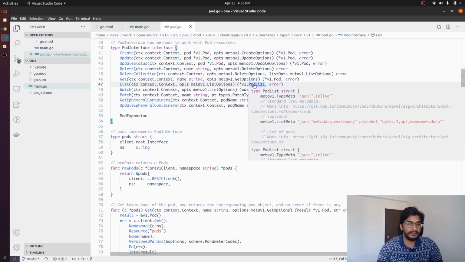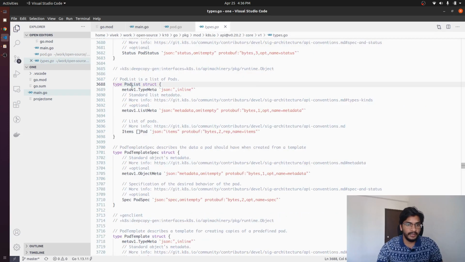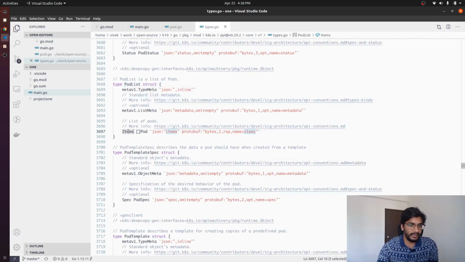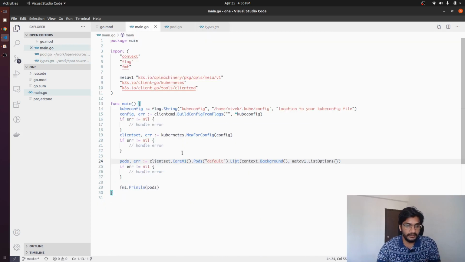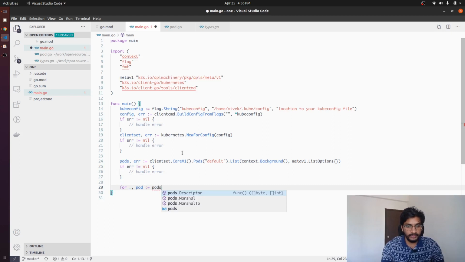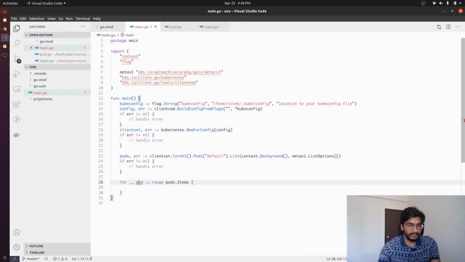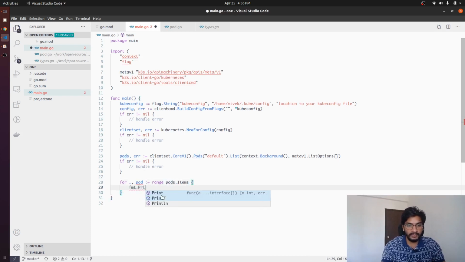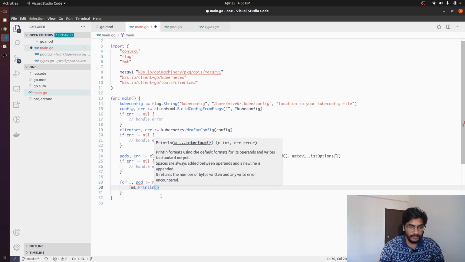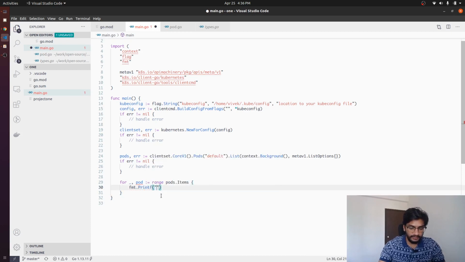It returns a PodList, and inside PodList we have Items that contains a slice of pods. So what we can do is we can say for _, pod := range pods.Items, and now it simply says that we have pod, and we can use Println or Printf pod name,